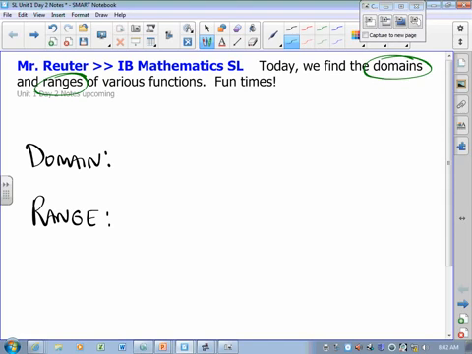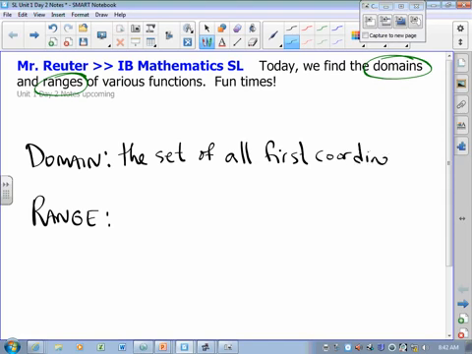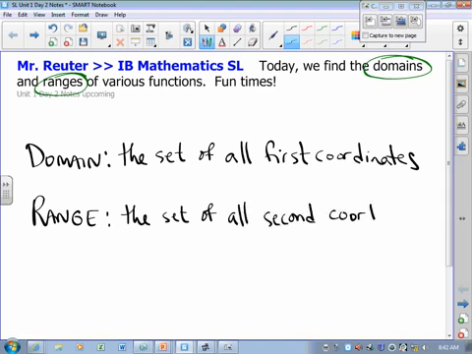Two definitions. The domain of a function: the domain is the set of all first coordinates. The range is the set of all second coordinates. If you remember from an Algebra 2 course or what have you, the first coordinates are the x's